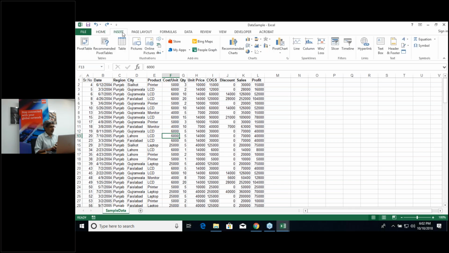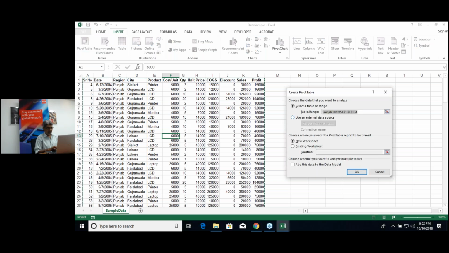the Insert tab. But first of all, we have to have one cell selected so that Excel will automatically select the range. After that, click the Insert tab, then in the Tables group, click PivotTable, and you will see the Create PivotTable dialog box. We have some options here. One is Select a table or range. It means that if we have a table, we can select that table. If we have a specific range, we can select that range. Since we have selected one cell of this particular data source, Excel has automatically selected this entire range,